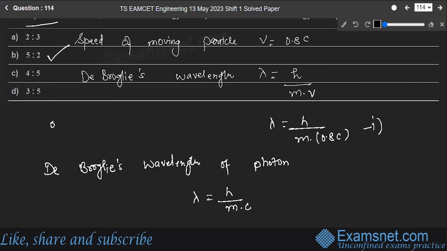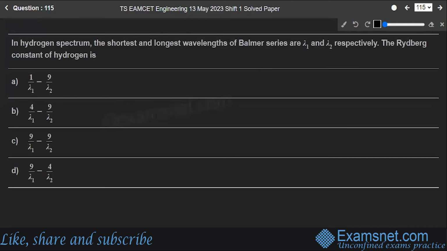Option B is the correct answer. Hope you understood this. Let's move to the next question then. Question number 115. In a hydrogen spectrum, the shortest and the longest wavelength of Balmer series are lambda 1 and lambda 2 respectively. The Rydberg constant for hydrogen is,